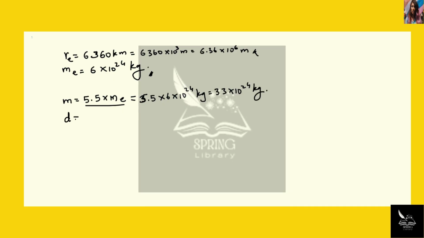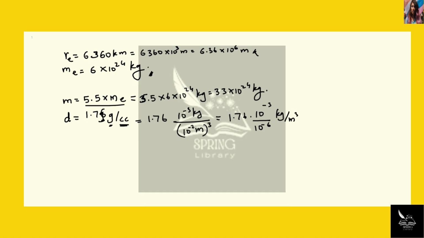And the density of this planet is 1.76 gram per centimeter cube. Now we know that 1 gram is 10 power minus 3 kilograms. Hence, let's use that. And we know that 1 centimeter is 10 power minus 2 meters, because 1 meter has 100 centimeters. But this is centimeter cubed, so we cube this whole thing. Hence, we can write this as 1.76 multiplied by 10 power minus 3 by 10 power minus 6 kilogram per meter cubed, which is 1.76 into 10 power 3